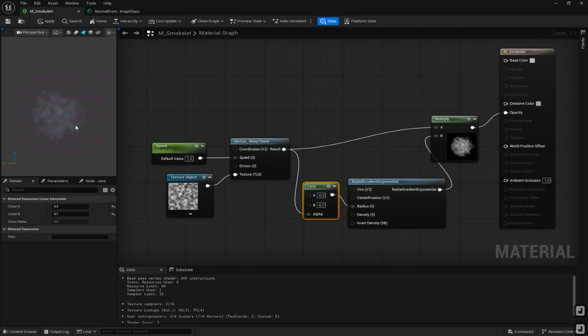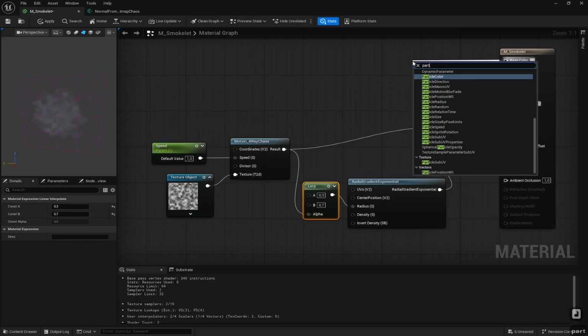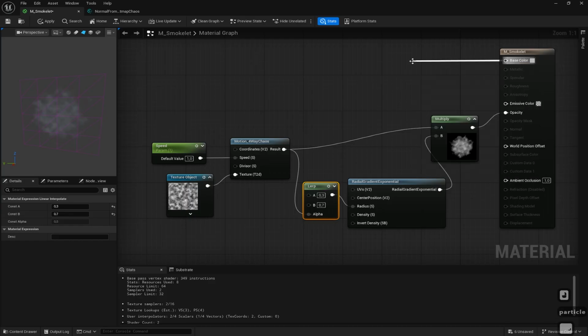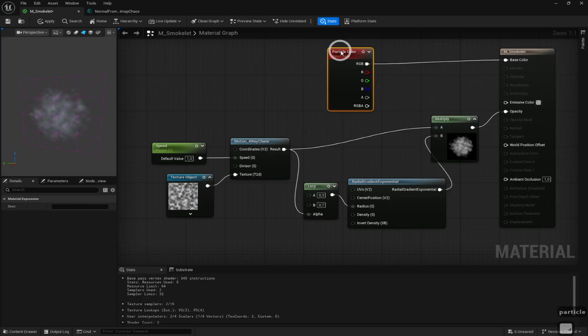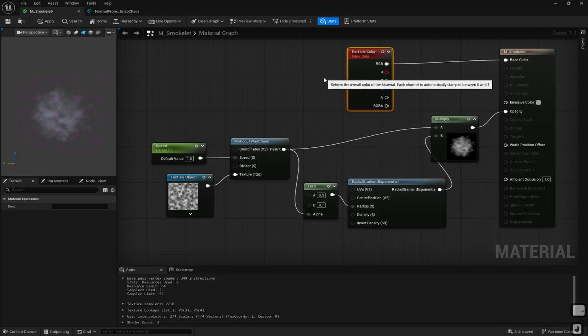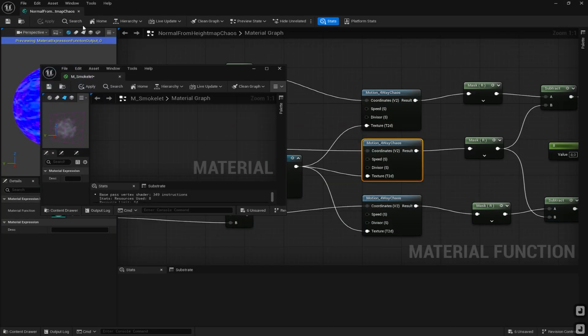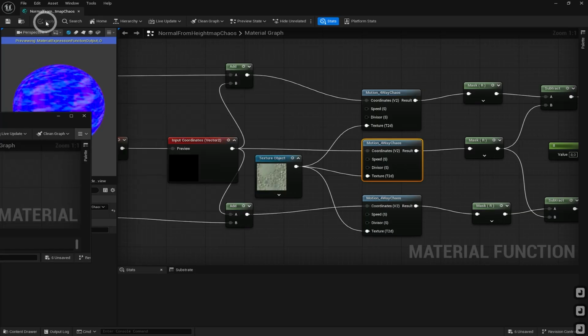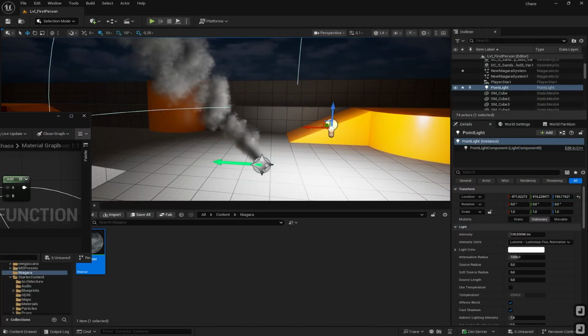Okay, so we got a little cloudlet moving, so to speak, and we can now use this for our particle system, for the smoke. We might want to bring in the particle color here. So let's close those now, put them on the side,